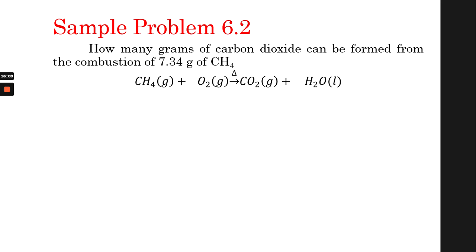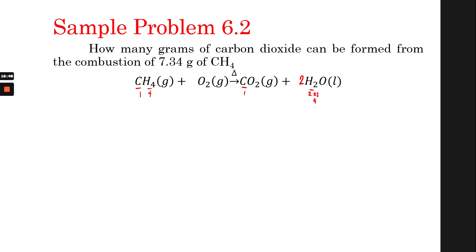So let's look at our reactants. Our reactants are methane and oxygen. So we have 1 carbon. Then let's see if we have 1 carbon in our product. Yes, we have. Now let's check how many hydrogen do we have. In our reactants, we have 4 hydrogen. But in here, we only have initially 2 hydrogens. So in order for us to balance this, we have to add another 2. So by adding 2 here, we ended up having